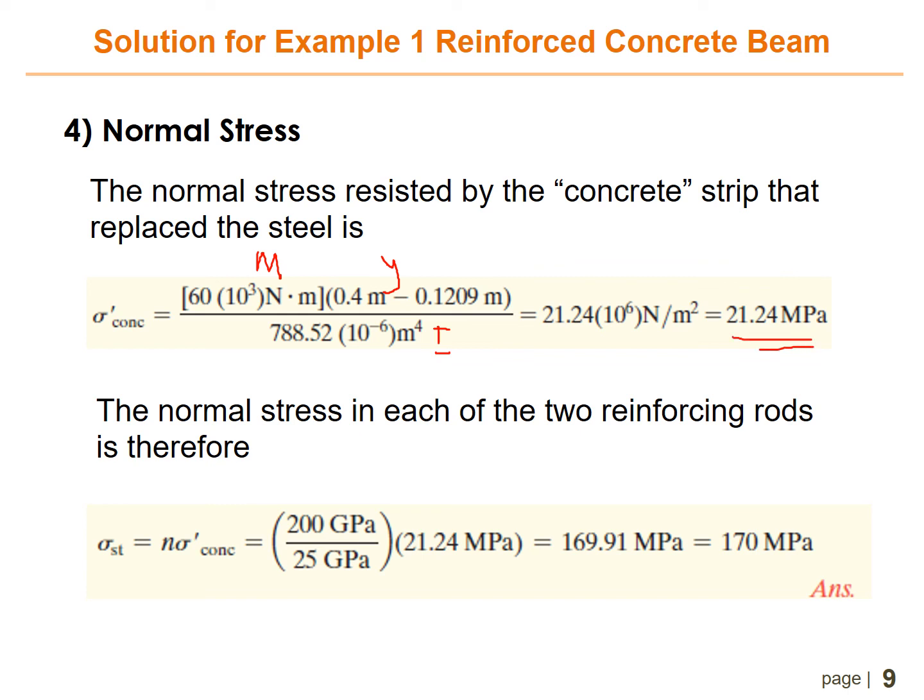And then the normal stress in each of the two reinforcing rods is therefore stress steel equals n times stress prime of concrete, where n is 200 divided by 25, times stress prime of concrete 21.24, and then we get the stress of steel as